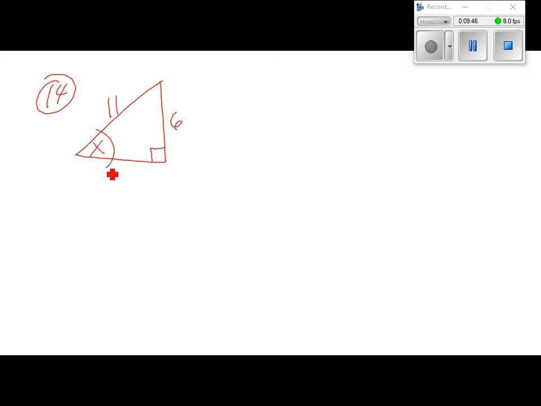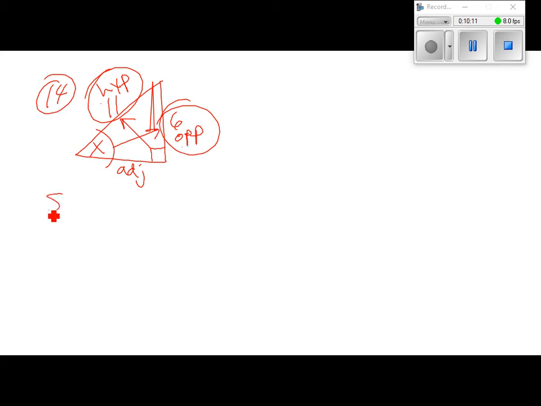So we're going to have to use the trig ratios. Side across from that angle is the opposite leg. Side across from the right angle is the hypotenuse, and the other side is the adjacent. So we label it. Once we label it, now we decide we're dealing with those two sides. We really don't care about the adjacent side this time. And the trig ratio that deals with opposite and hypotenuse is the sine. So we do the sine of our angle, which is x, equals, that's the SO part, so SOH, opposite over hypotenuse,